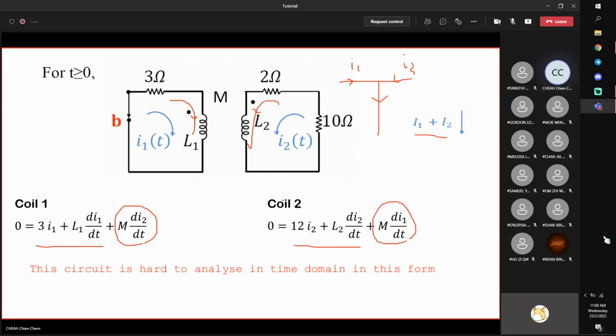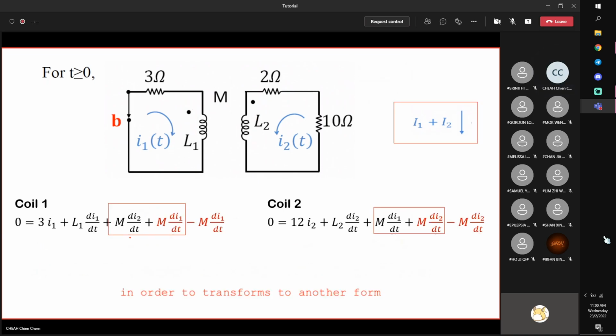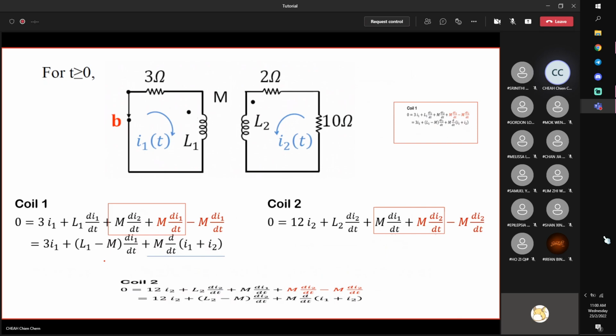Okay, the idea is that yes, you can if you try to look at this equation in another way, right? Now, how do we get I1 and I2? You add I1 to the first equation, right? Because this is di2/dt, so you add M di1/dt. What you have is that you will get this term, M d